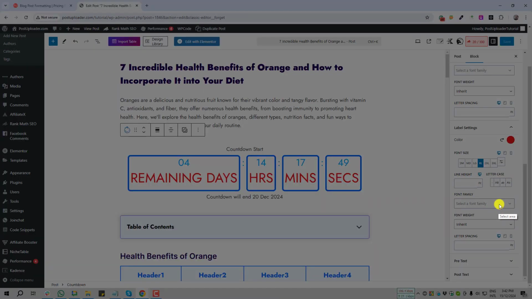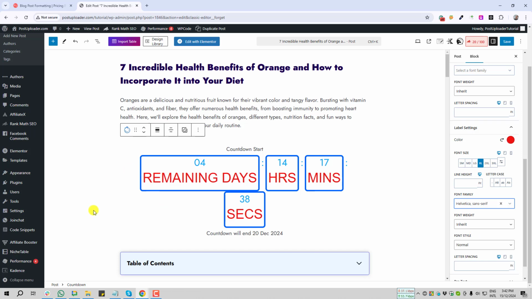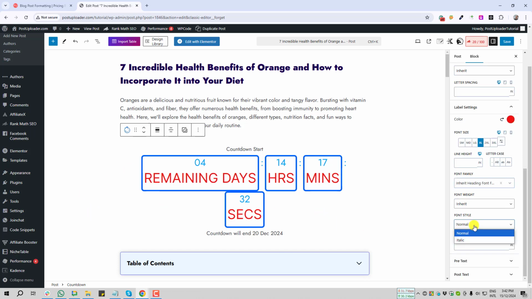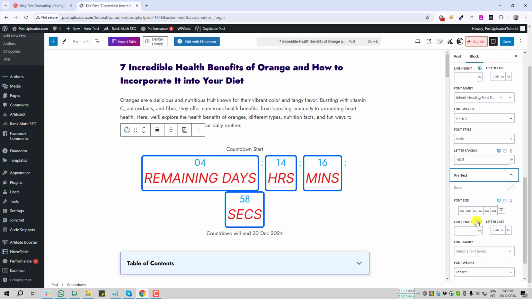And if you want to change the font family, you can change it from here. I am changing the font family as a sample or example. Just this one I am selecting. You see font family changed. Font style, by default it's normal, but if I wish, I can make it italic. Letter spacing, you can change it from here. And even if you wish, you can change the color of pre-text or post-text. You can change the font size, font family, font weight, line height, letter spacing, everything you can change it from